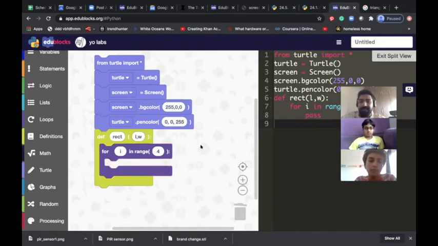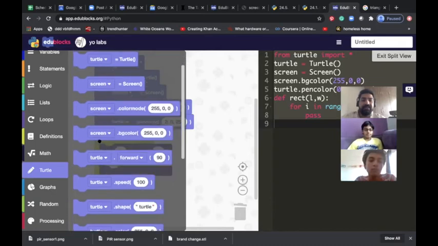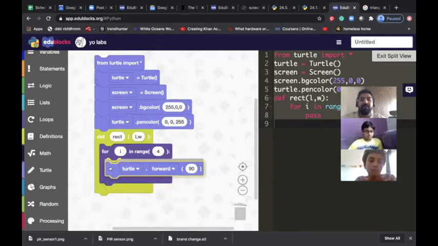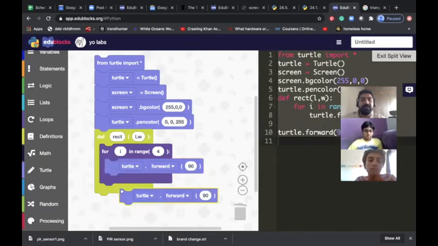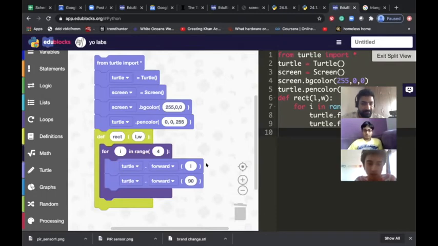To repeat four times, I say 4. Let's see if that works fine or not. Then in turtle I say forward, and I duplicate it once. Wherever it is there, I put the length. Here it is 90, but then it can only create squares.